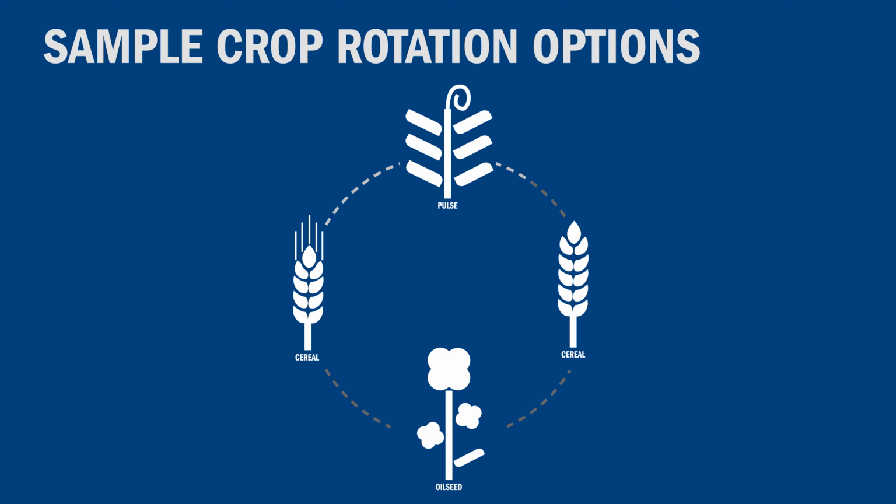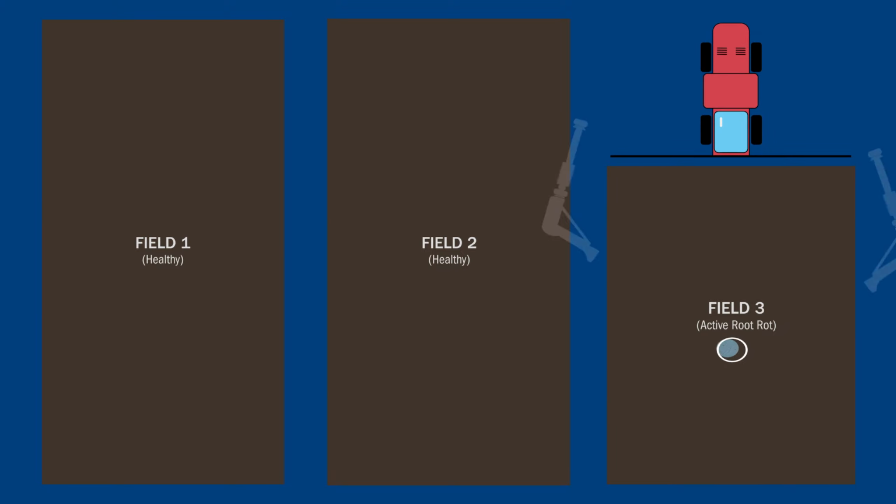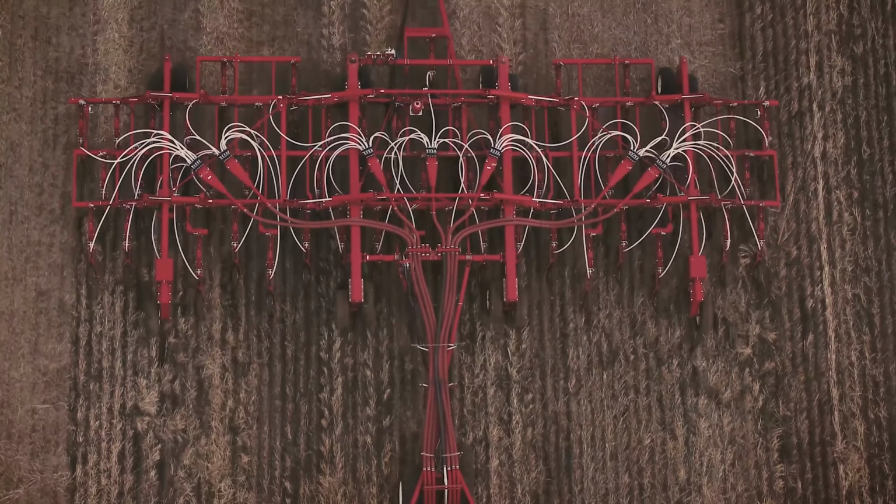Crop rotations are an essential management practice that, among its other benefits, can also reduce root rot issues. Growing a cereal, oilseed, or other non-host crop can reduce root rot pathogens in the soil. When running farm equipment in fields, it's a good idea to begin your farming practice in clean, uninfested fields, and then finish in fields where known root rot issues exist. It is also beneficial to wash and sanitize the equipment before moving between areas in order to prevent the spread of disease into new fields.